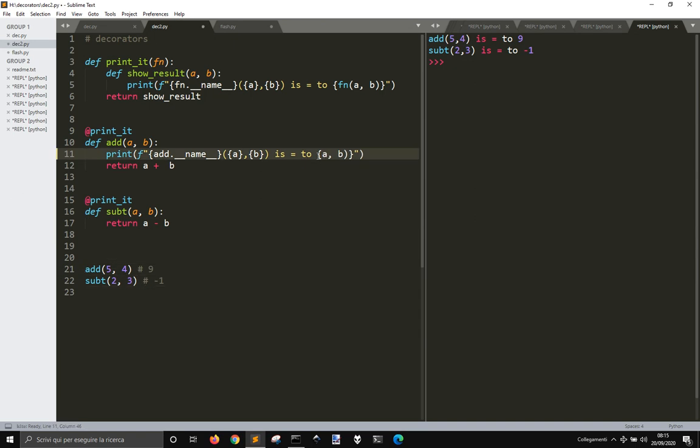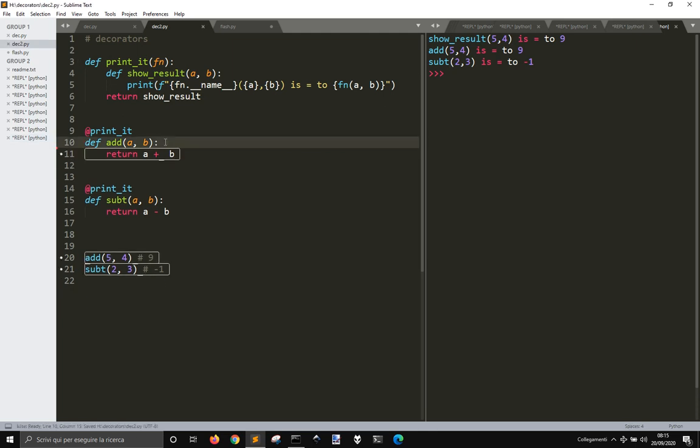I could do a plus b, okay, but now I don't show add, I show the results, so it's not as good as this one. Instead, if I do so, it's all right. Add 5 and 4 is equal to 9. So I use the function here, passed here. When I call the other one,